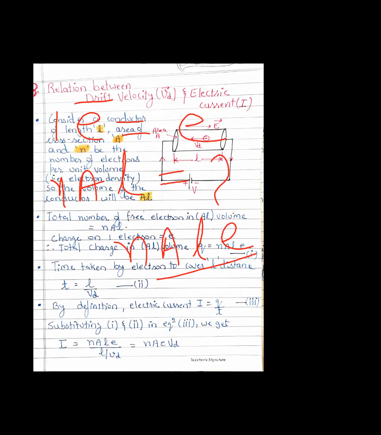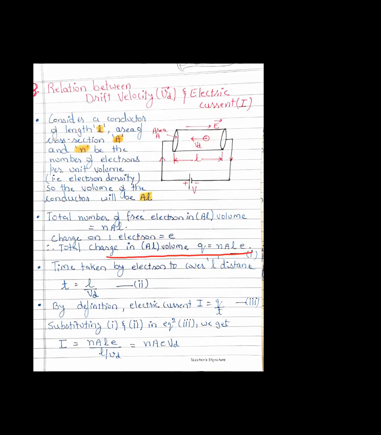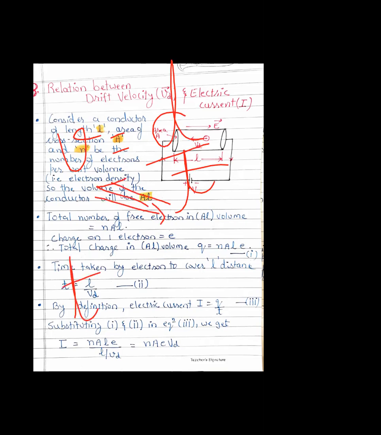The total charge Q, देखो बेटा, हमने Q find कर लिया. Now we require to find out T, time. Q हो गया, T find करेंगे and then we will substitute the value of T. Right children? Now for T what do we require? We know that speed equals distance by time. If I make time subject of formula, t will go here, v will come down. So we will have t equals d by v, right?